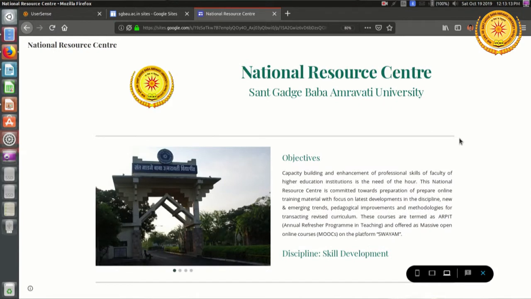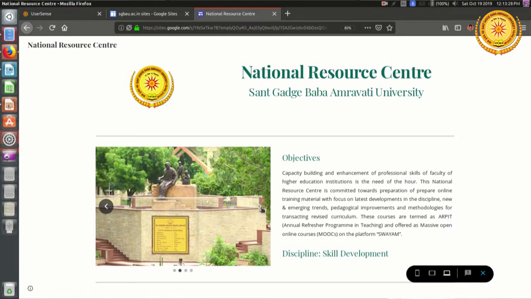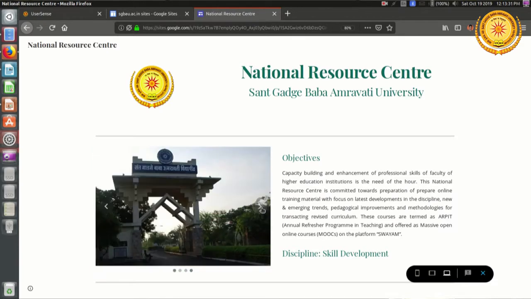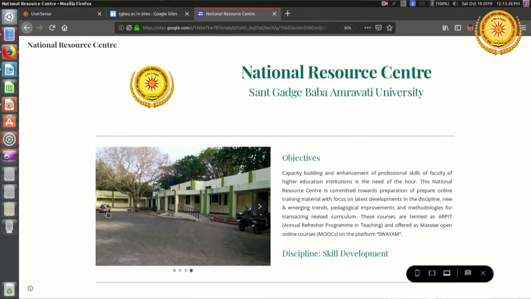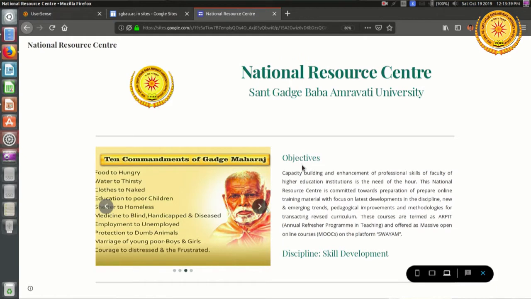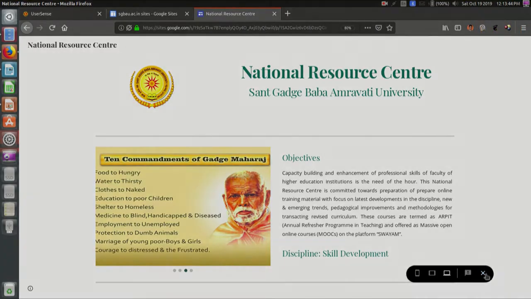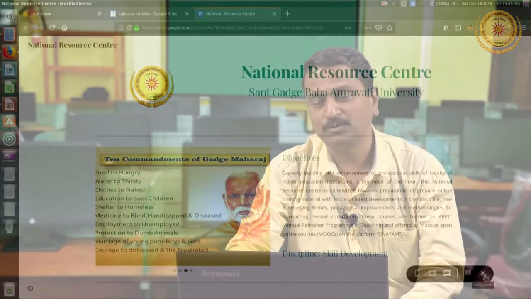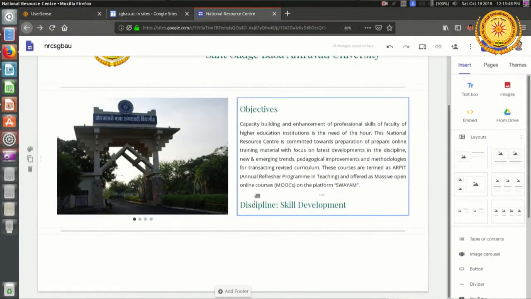See, now you will be able to see that the title is there. Just below the title there are some photos and that can be scrolled. If you move your cursor on this photo, you will find that there are two buttons, the left and right. When I click on right, the next image will appear, next image, next image. I have chosen 4 images, so all the 4 images will be displayed as next and previous images. The objectives have been displayed and the discipline is also displayed. So go back to our design view of the page.